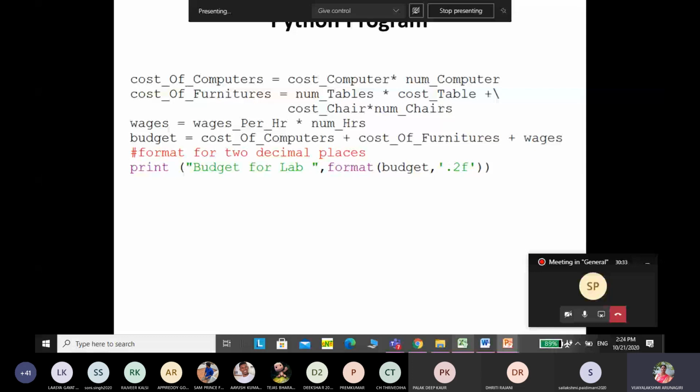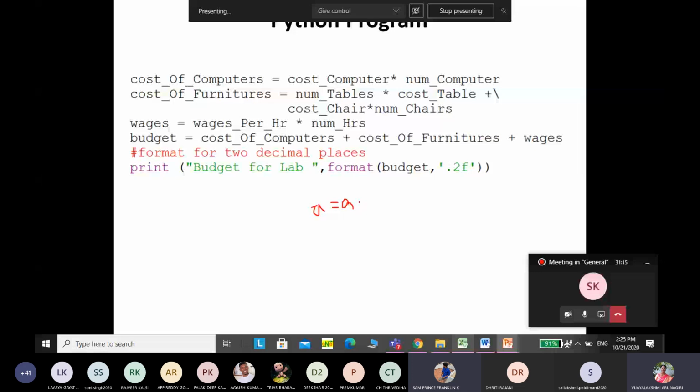It is called as a, what is the meaning of plus slash? Augmented assignment.